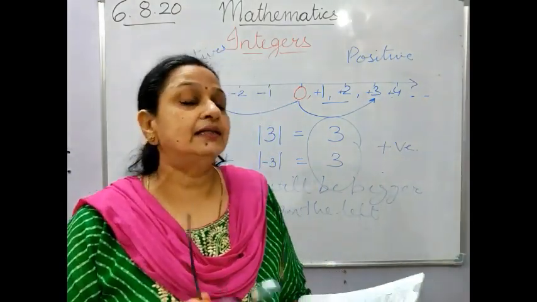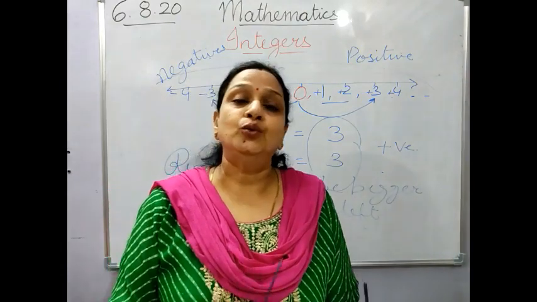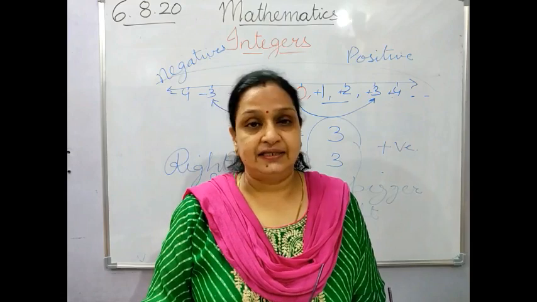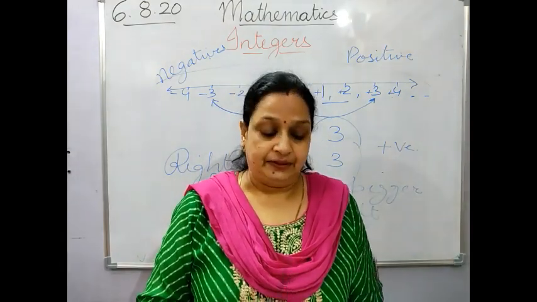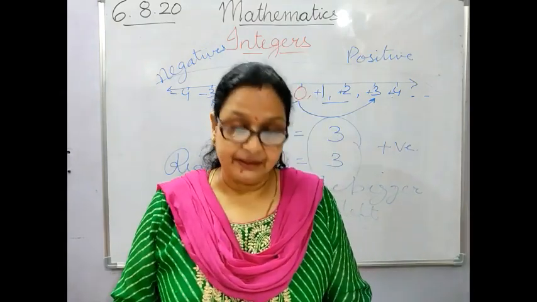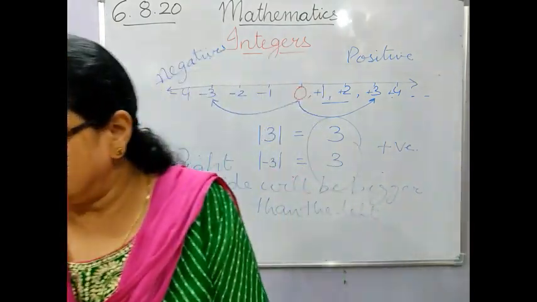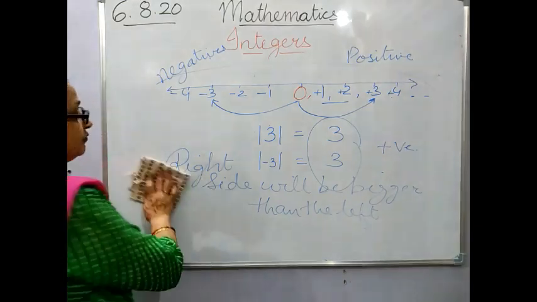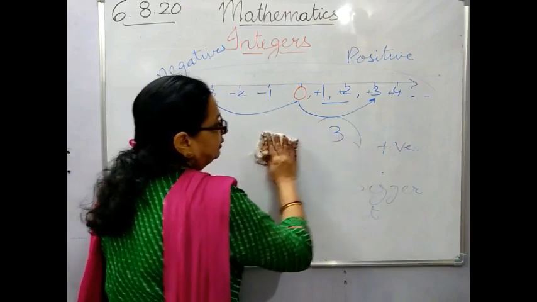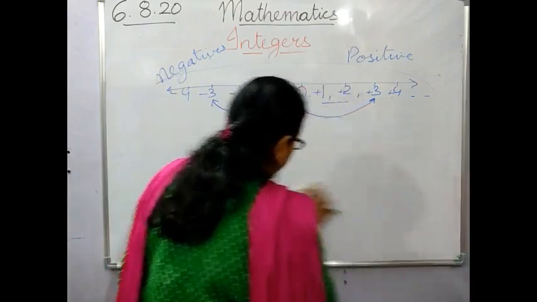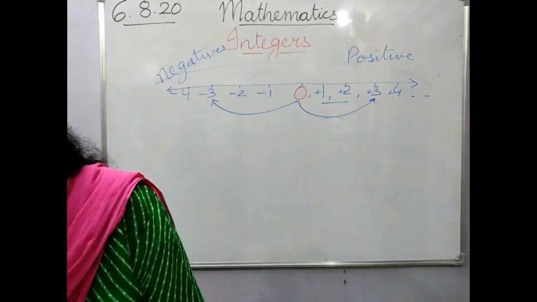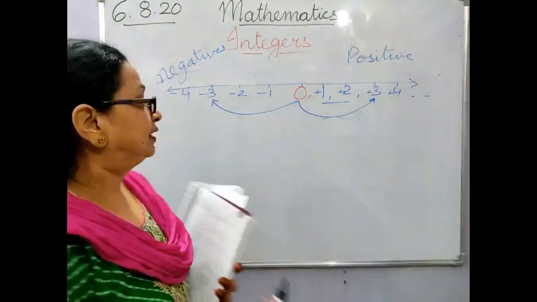Now once you learn the comparing of the numbers, you can easily solve the questions based on ascending and descending order. This you have already done in detail. Now then comes the addition of integers. Now in addition of integers, we have taken two very important rules which will also be used later, and that is,